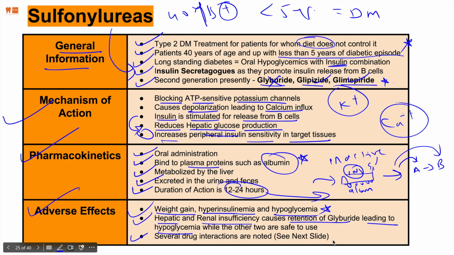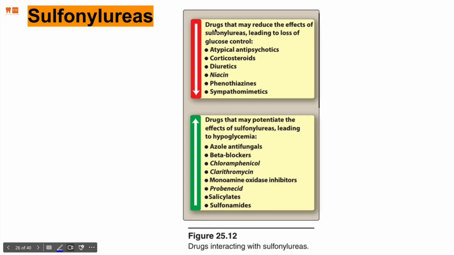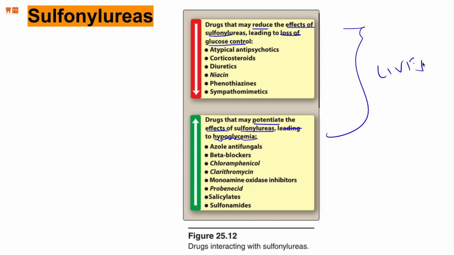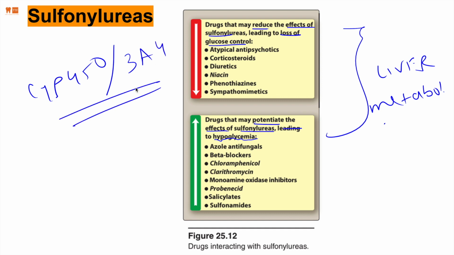Several drug interactions are noted. The decrease and increase columns are basically drugs that reduce the effect of sulfonylureas, leading to loss of glucose control, and the green ones are drugs that increase the effect of sulfonylureas, leading to even further hypoglycemia. The reason why this happens is because of liver metabolism, right? If the enzymes CYP450 or 3A4, these liver enzymes, can break down sulfonylureas, then